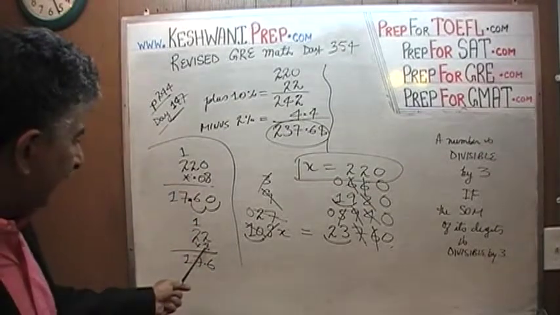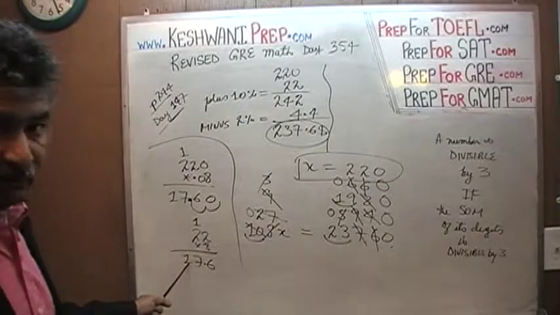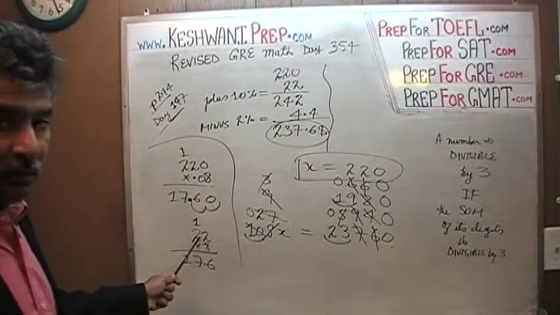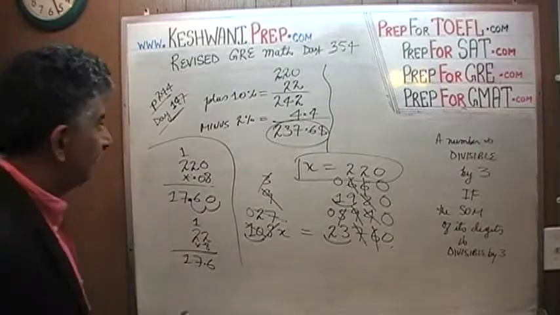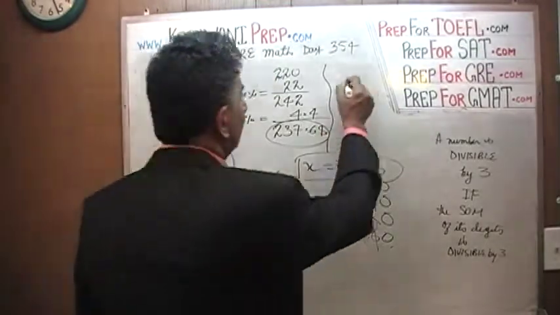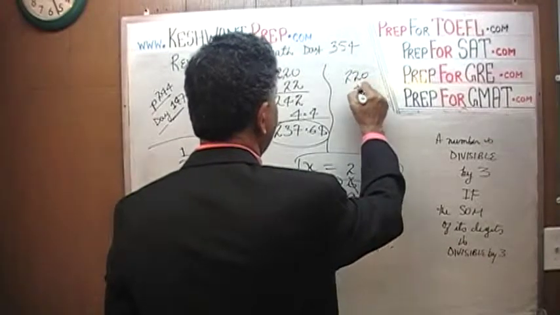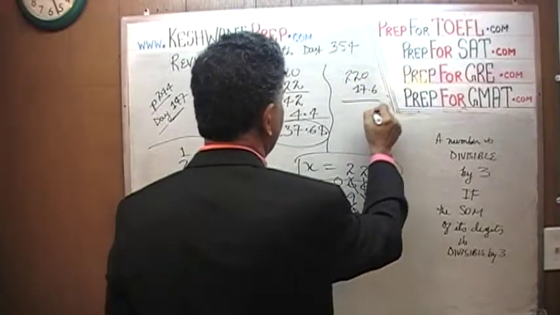Because obviously 8% of 220 is not going to be $1.76, and 8% of 220 is not going to be $176. It's $17.60. 17.60 plus the 220